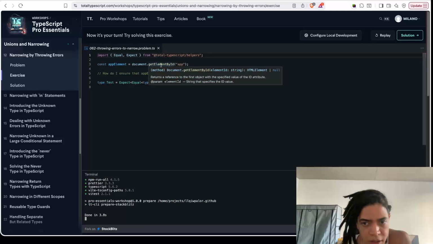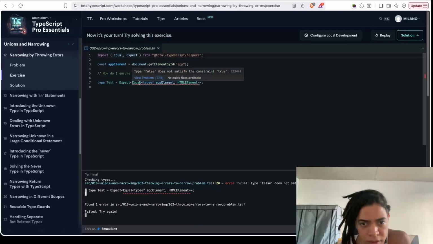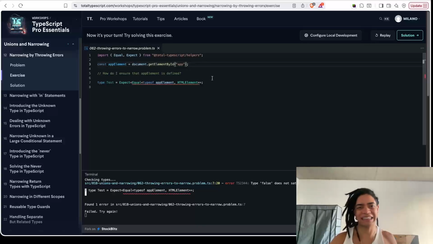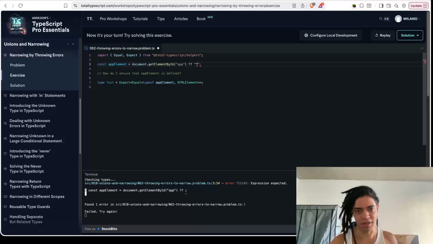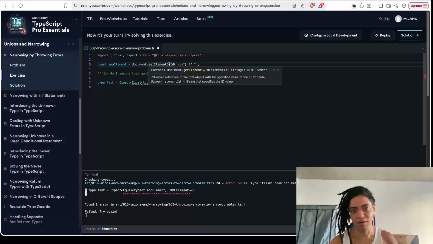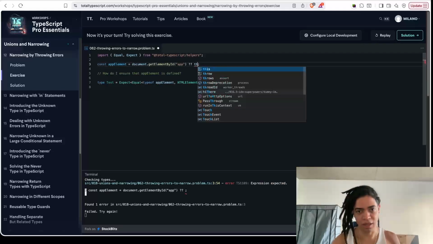So here it says it can be either the element or null, right? But I do want to guarantee that this element exists. So what you can do is something like this. I'm enforcing a different type here, which is saying this can be an HTML element or this. Or you can just say throw,